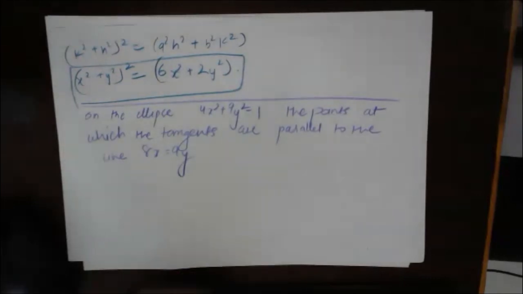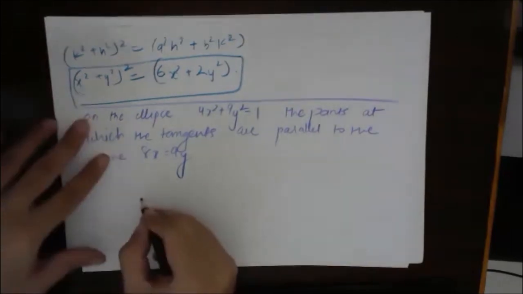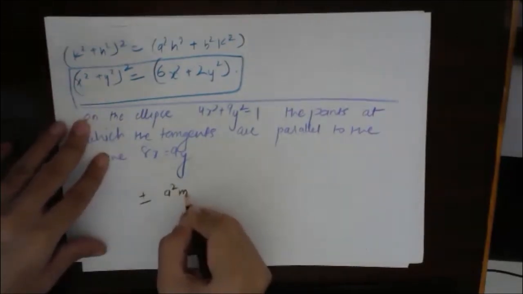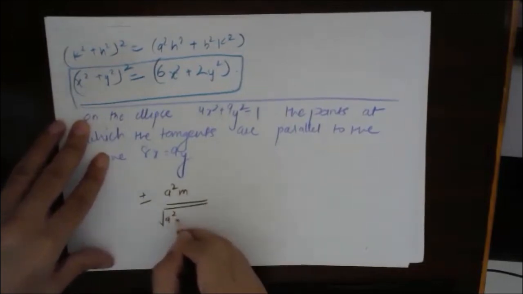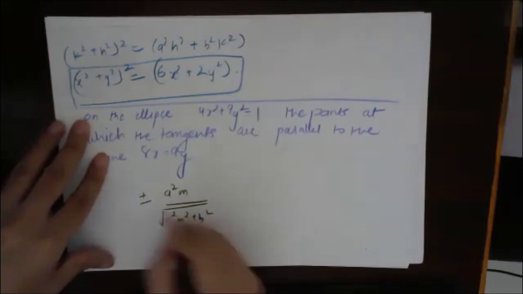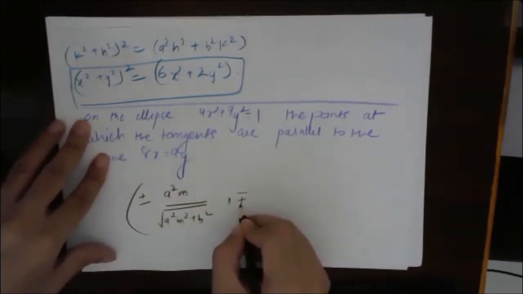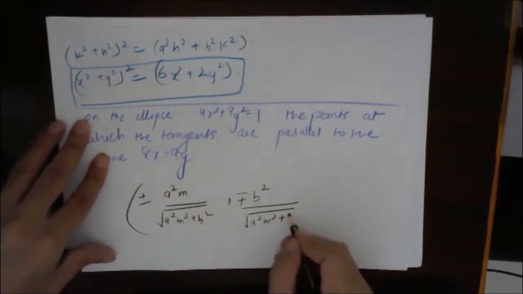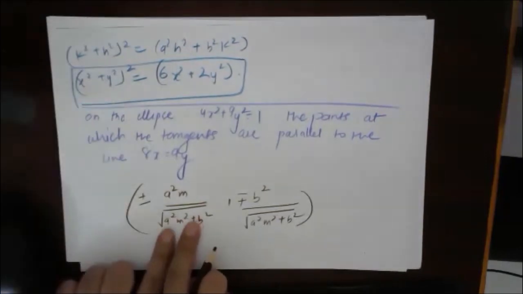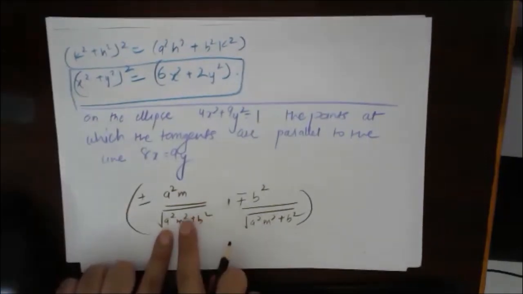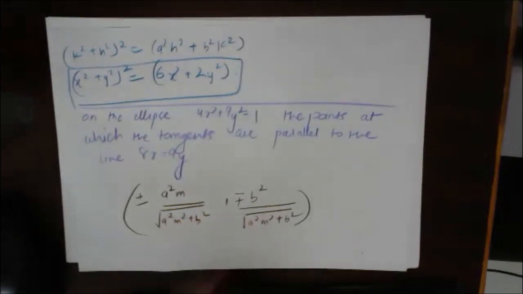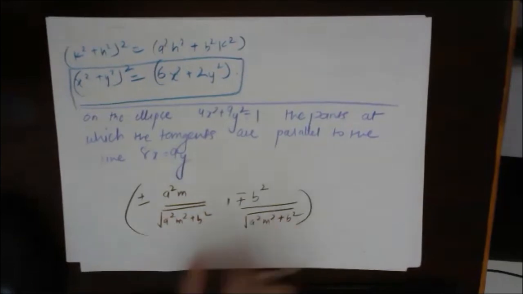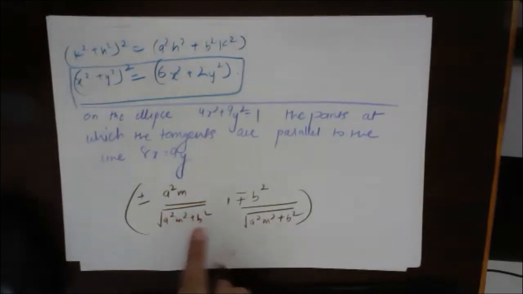Okay, if you remember, the point of contact was plus minus a square m by under the root of a square m square plus b square, and here we had minus plus b square by under the root of a square m square plus b square. This is the value of what? This is c. Now, m is already given to you. 2 by 5 comma minus 1 by 5 and minus. Very good, Arshita. Okay, so these will be the point of contact. Already we know this formula.